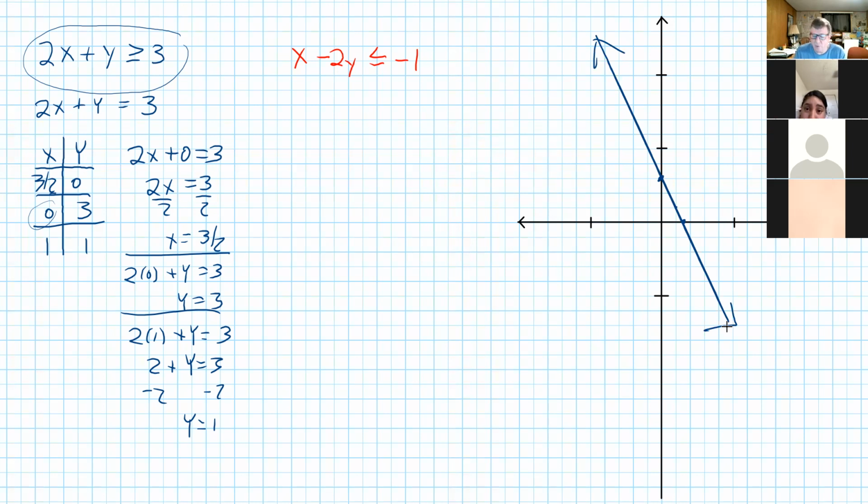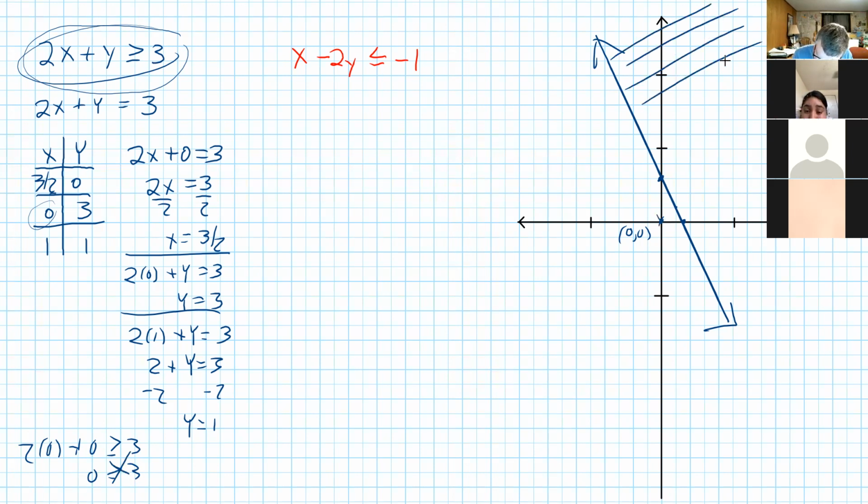But I actually want to graph 2x plus y is greater than or equal to 3. So I need to determine which side of that line, above or below, is the shaded area. So let's pick a test point. And as I did yesterday, I'll choose 0, 0, since it's not on the actual graph. And let's see here. If I put in 0, 0, I get 2 times 0 plus 0 greater than or equal to 3, 0 greater than or equal to 3. That's not true. So that point fails,